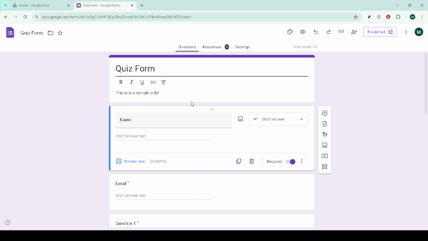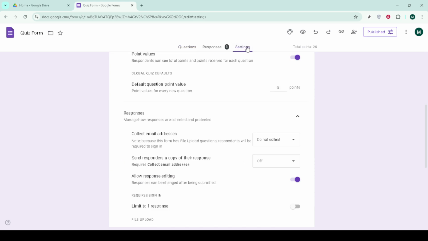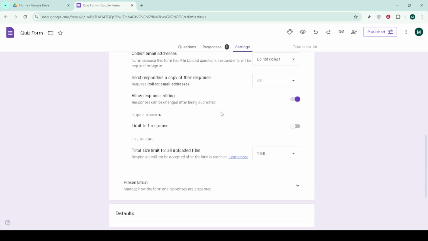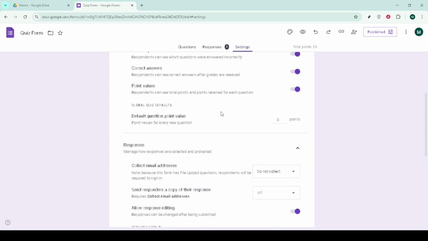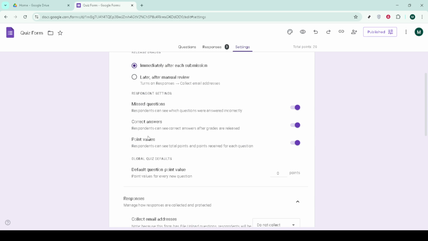Now head to Settings in the top menu of the form editor. In Settings, locate the section that controls how grades are released. Choose the option to release grades immediately after each submission. This ensures that as soon as someone submits their responses, they can see their score right away. If you prefer to review answers first, there's a later option, but for this walkthrough, we'll use immediate release so